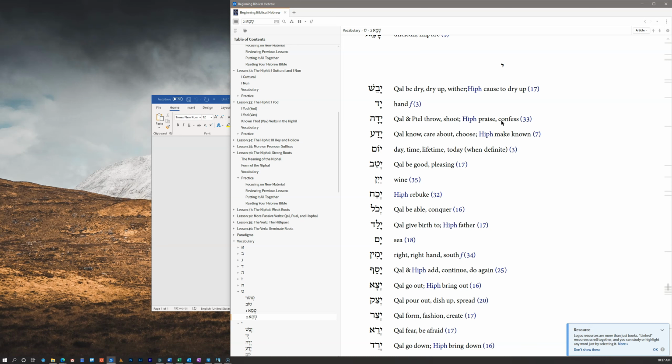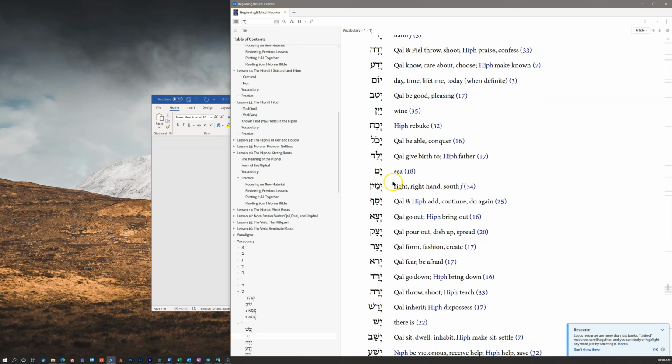Yada. I guess I could try to fit like Yadonai, like Adonai in there. So praise or confess Adonai. Do what you got to do to make it click, because I've been studying Hebrew for, I mean, I'm 7 or 8 years now, and I still get these confused because I don't have a good mnemonic. So good mnemonics are incredibly helpful if you can find them, if you can come up with them. All right, so let's go back here to